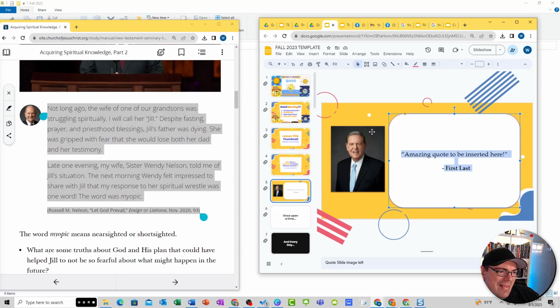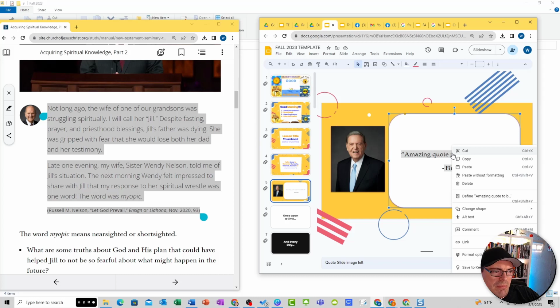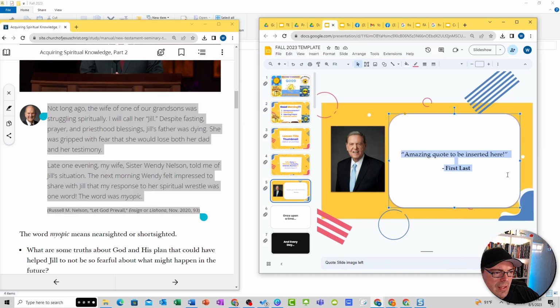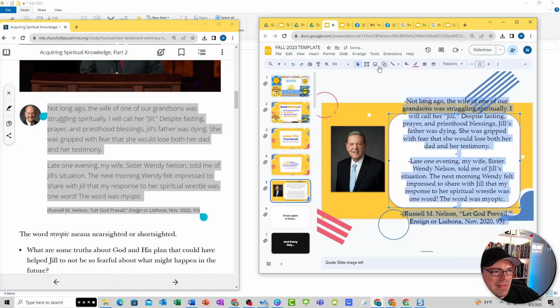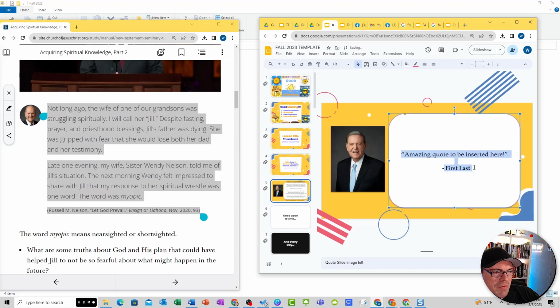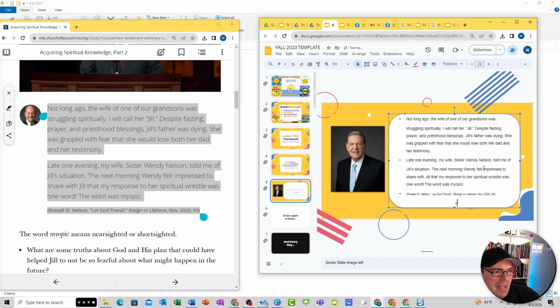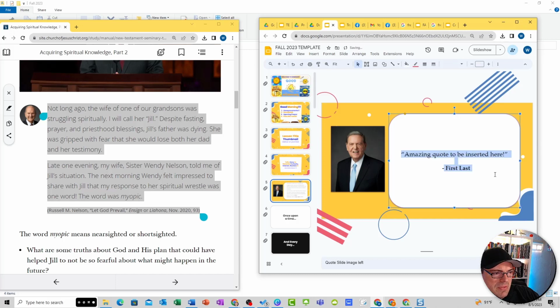Now, here's a key thing you want to watch out for. You want to right click. If you want to keep your same formatting, choose paste without formatting or Control-Shift-V. That will keep the formatting that's in your deck and not overwrite it. If you don't do that, then you hit paste, then it just adds this in. It'll paste whatever it saw in the sheet, and it won't always look as good. So I will paste without formatting,